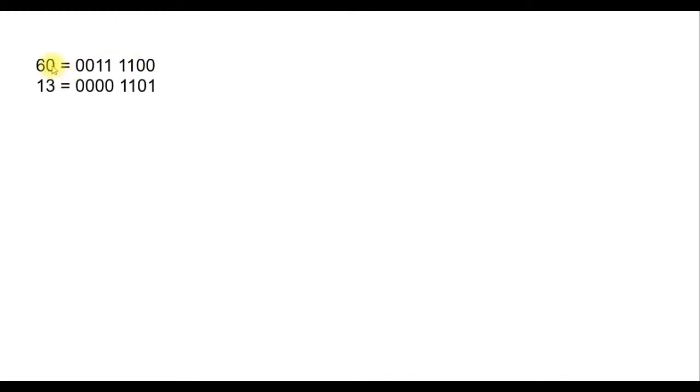Let's take two numbers, 60 and 13. So we discussed while discussing number systems that the numbers in memory are stored in binary format, that is zeros and ones. So the binary equivalent of 60 is 0011 1100 in an 8-bit format, and for 13 it is 0000 1101. Now what bitwise operators do is they operate at the bit levels, like this 0 and this 1, this 0 and this 1, not on the number as a whole, not on 60 and 13 as a whole, but on individual bits of these numbers.